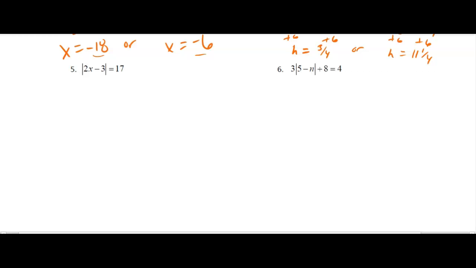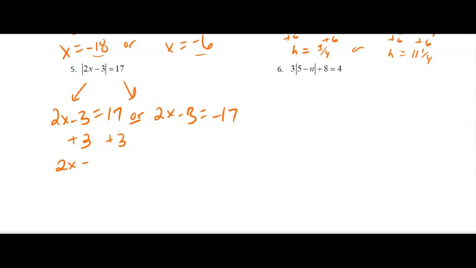Last one's here. This one's already done. So I split right away. 2x minus 3 equals 17. And 2x minus 3 equals negative 17. Put our or sign there because there's always going to be two answers. So add 3. 2x equals 20, divide by 2, x equals 10, or when I add 3 here, I get negative 14